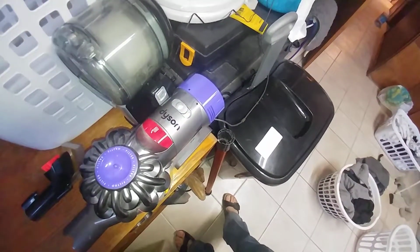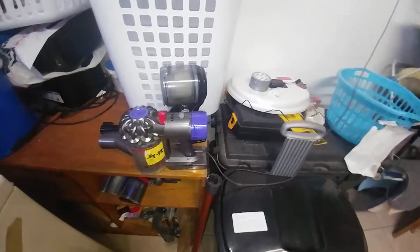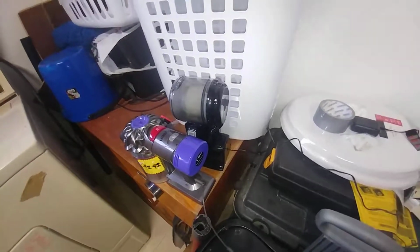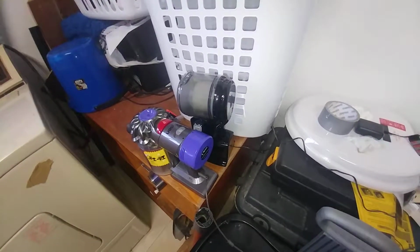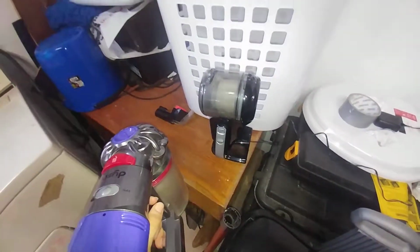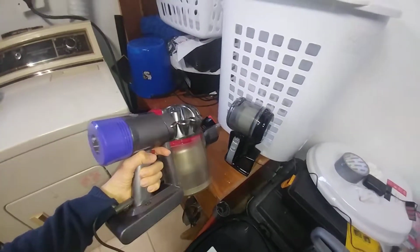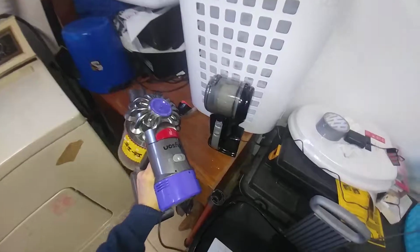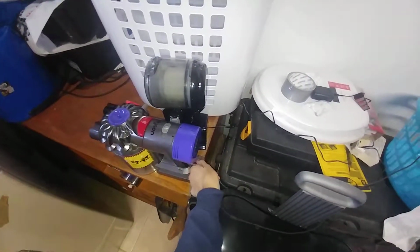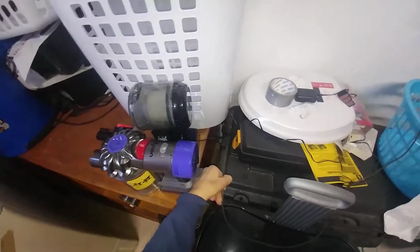You can't go by voltage. Voltage doesn't tell you the power of a vacuum. So even if it's a high voltage hand vacuum, it's not likely gonna be as powerful as a Dyson hand vacuum. And this is top of the line, and sometimes you have to go with what works